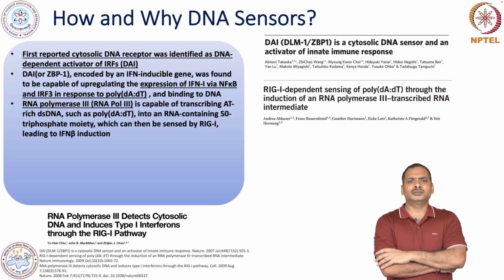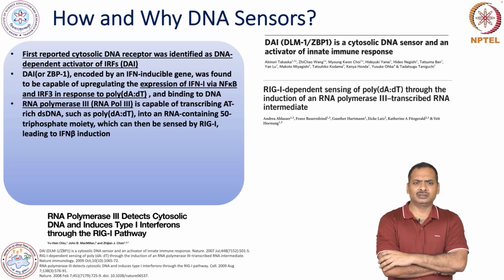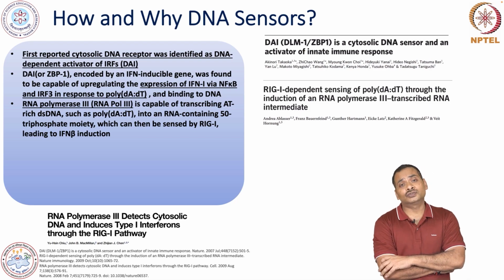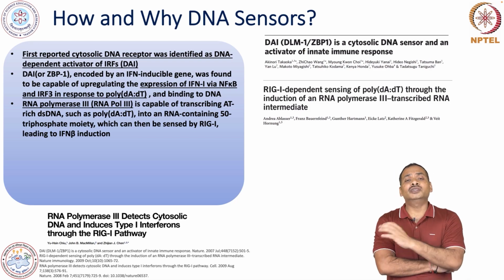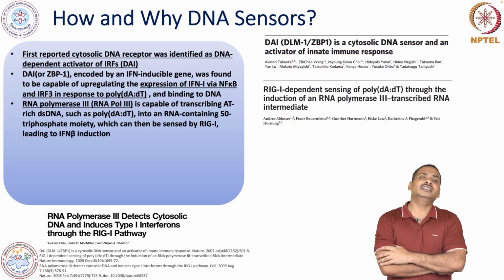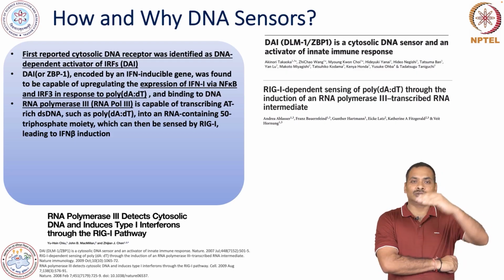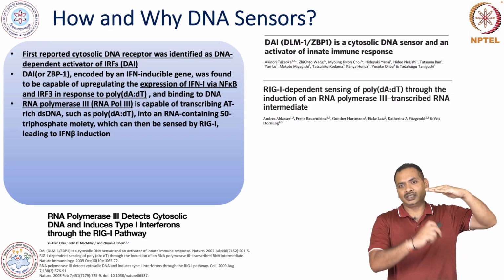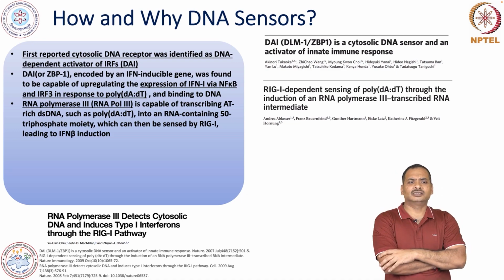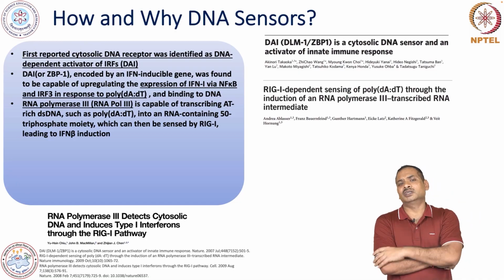This basically creates an RNA molecule of around 50 base pairs that has a triphosphate motif, and this triphosphate motif, if you remember, can activate RIG-I. So, this work suggested that DNA is sensed, but indirectly, by RIG-I. There will be a poly-dA:dT, and this is first transcribed to an RNA molecule with the triphosphate motif, and this RNA molecule will be sensed by RIG-I,